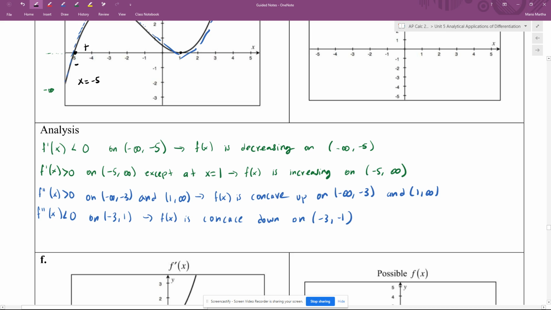And it stays positive to positive at positive 1. So this is the only place where it changes sign, which means there's only one. In this case, it goes from negative to positive, so that means it has to be a minimum. So f of x has a minimum